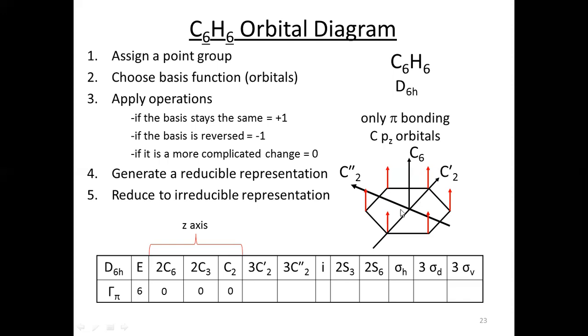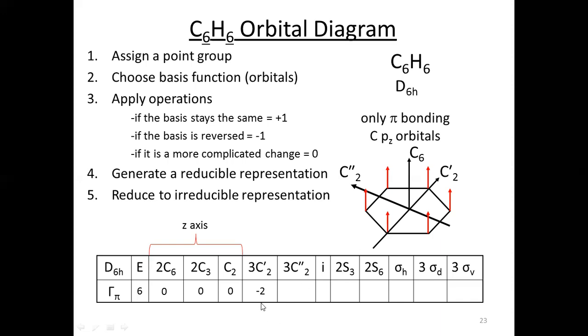Whenever I rotate this molecule through the C2 dash axis, these two orbitals remain at the same position, but the sign will be reversed. It means the positive lobe will be inverted to the lower side and the negative lobe, which was initially at the lower side, will be at the upper side. Orbitals remain at the same position, but signs are changed. So I will keep it as -2, because two orbitals remain at the same position, but signs are reversed. That's why it is -2.